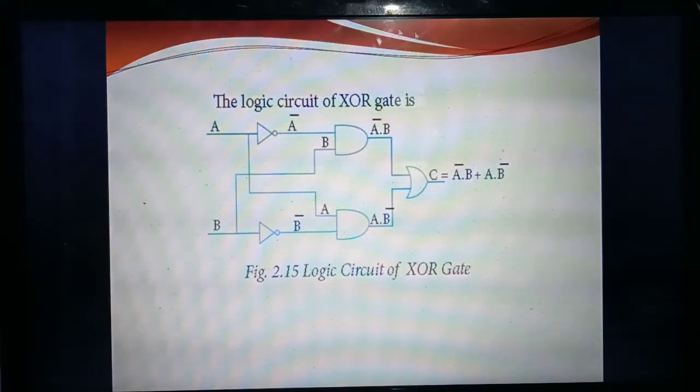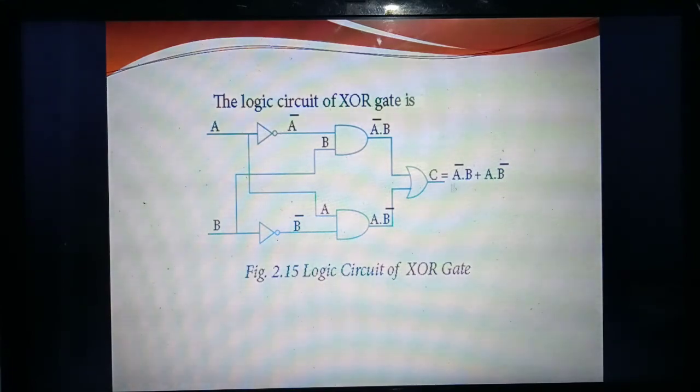Understand? So listen. This is the logical circuit. How are you getting this XOR gate? This is the symbol for the XOR gate. So listen carefully. XOR gate means either-or. That means this is the formula: A bar dot B plus A dot B bar. First study the formula, then only you will be able to draw the circuit. Otherwise it is very tough for you to draw the circuit.